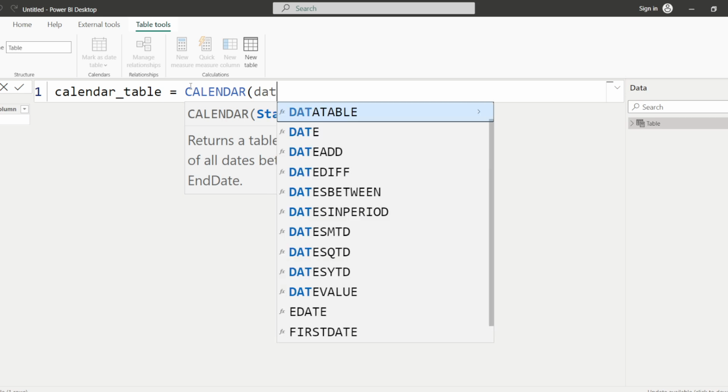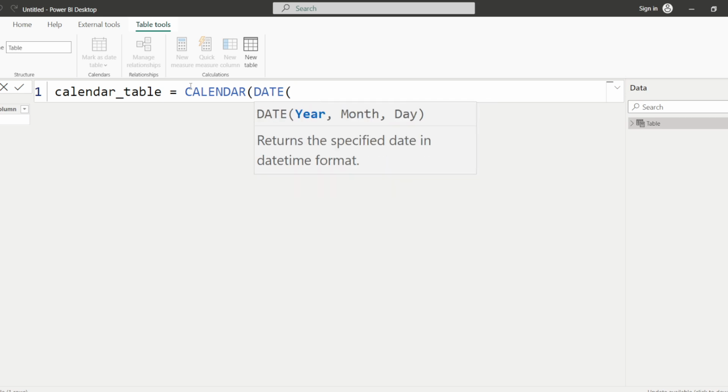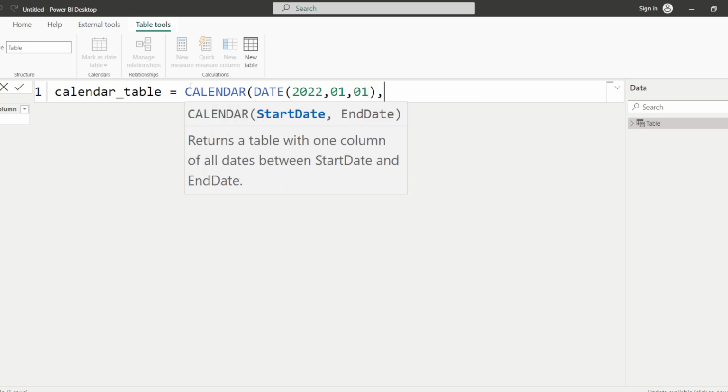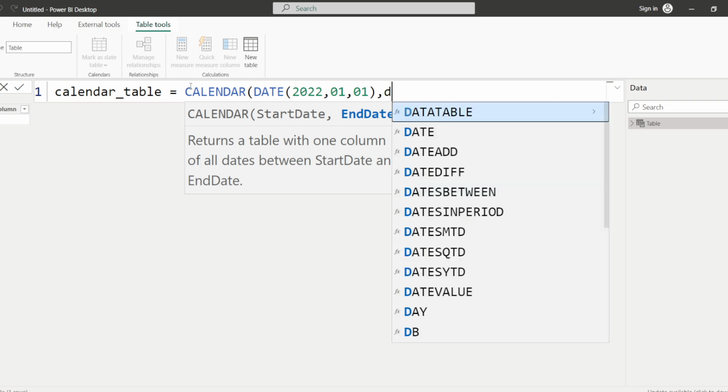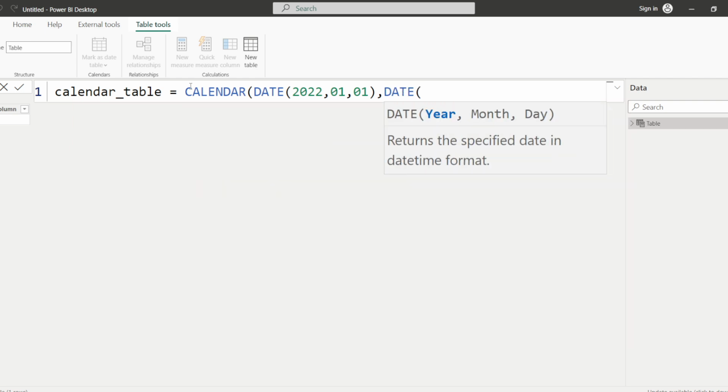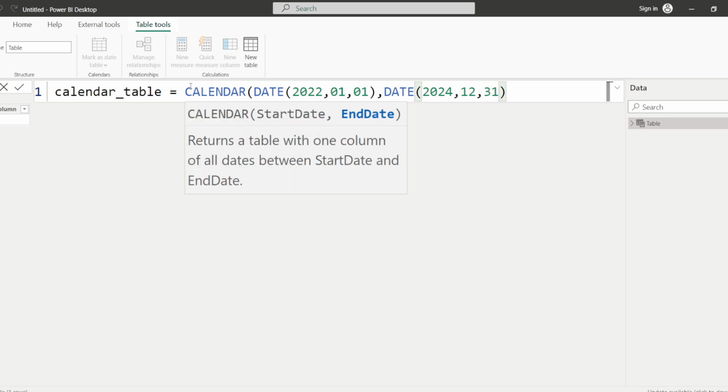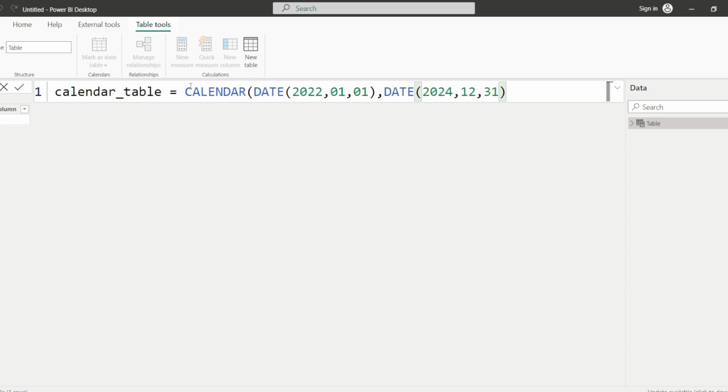So for this we will type date here, and we will give the year name as 2022 and the month as 1 and 1st January. And now we will write our second argument, the end date. So our end date will be 2024 and 12 and 30, that is 31st December 2024. So and now let's click on the